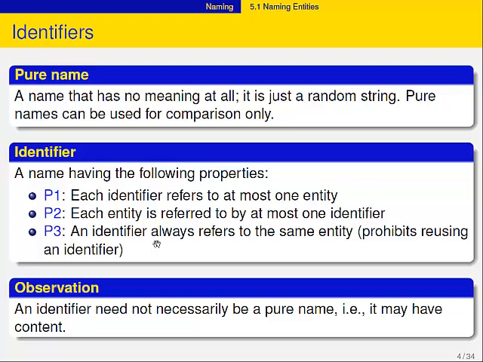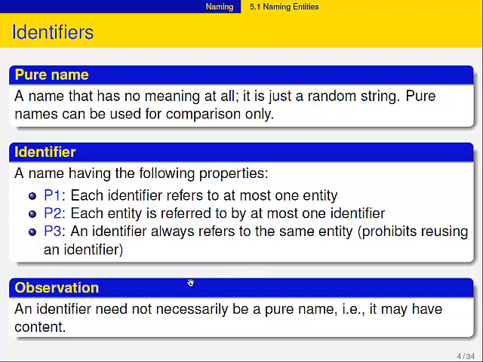And this is also an important one. An identifier always refers to the same entity, and this prohibits reusing an identifier. And we all know these examples from the newspapers where suddenly an identifier pops up because it has been reused, and the person to whom it belonged actually died, but in the administrative system was not dead enough. So the person who was assigned this new identifier was getting all kinds of stuff related to this very dead person.